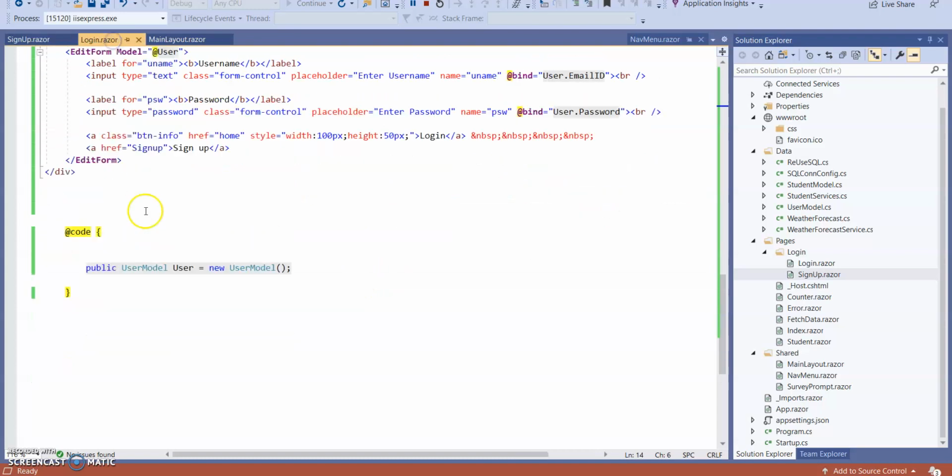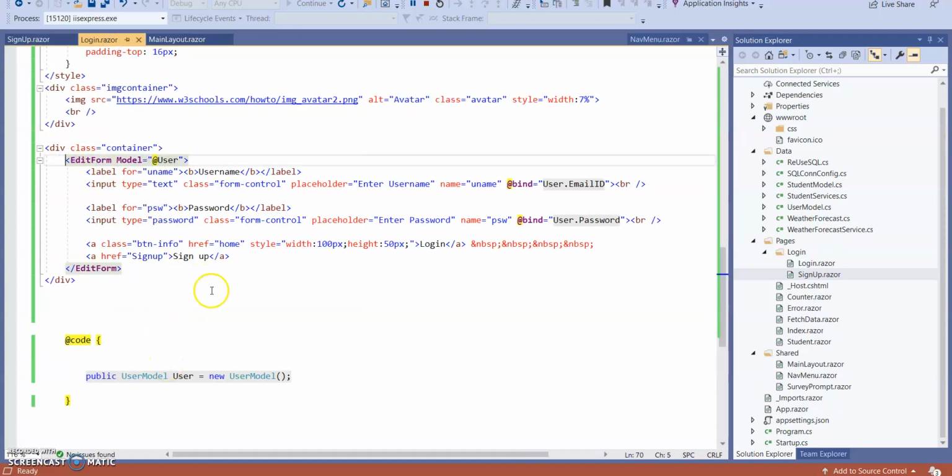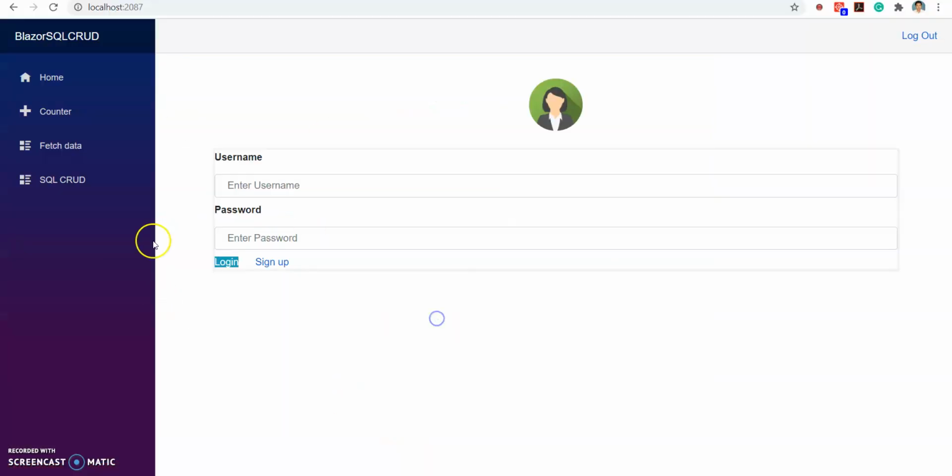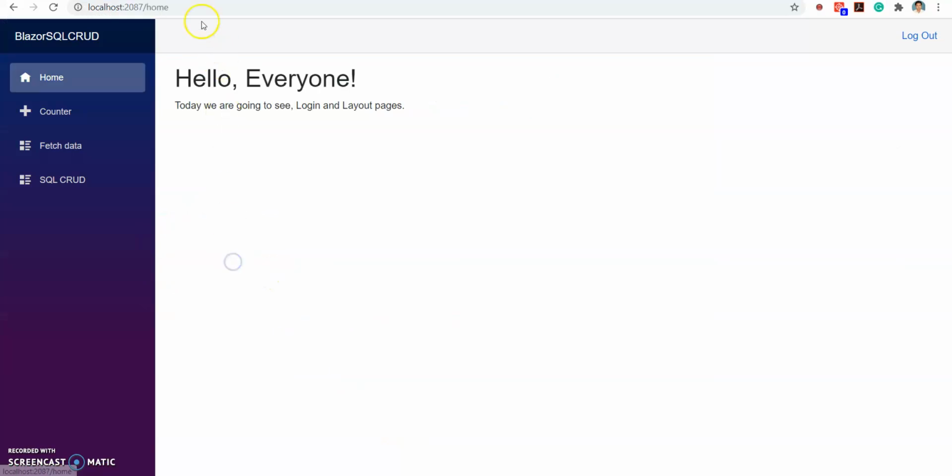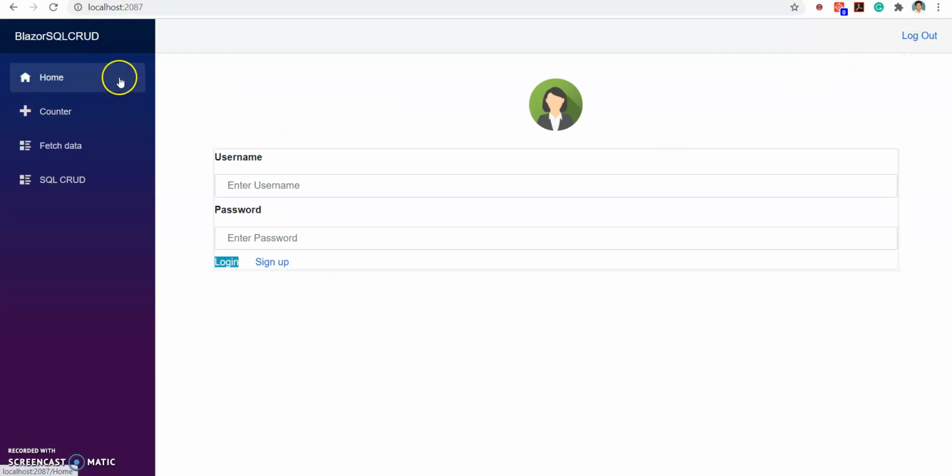In case of login, I have created the same user model with only email ID and password. When I am running this application, after login it is coming to home. If I click on logout, it is coming to the first page, without any address.